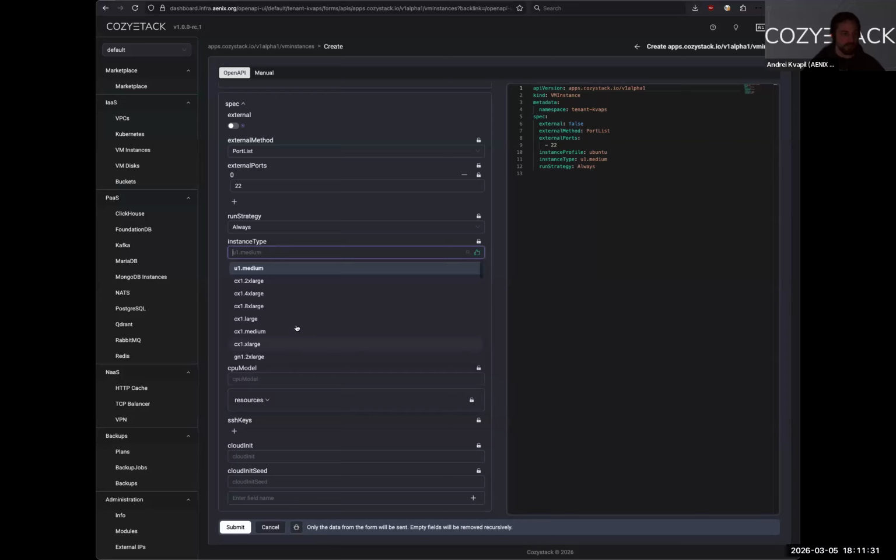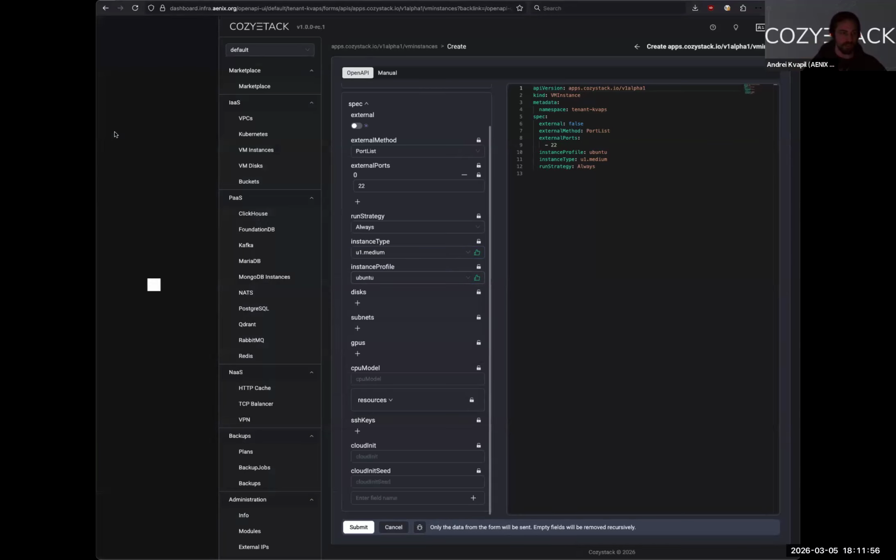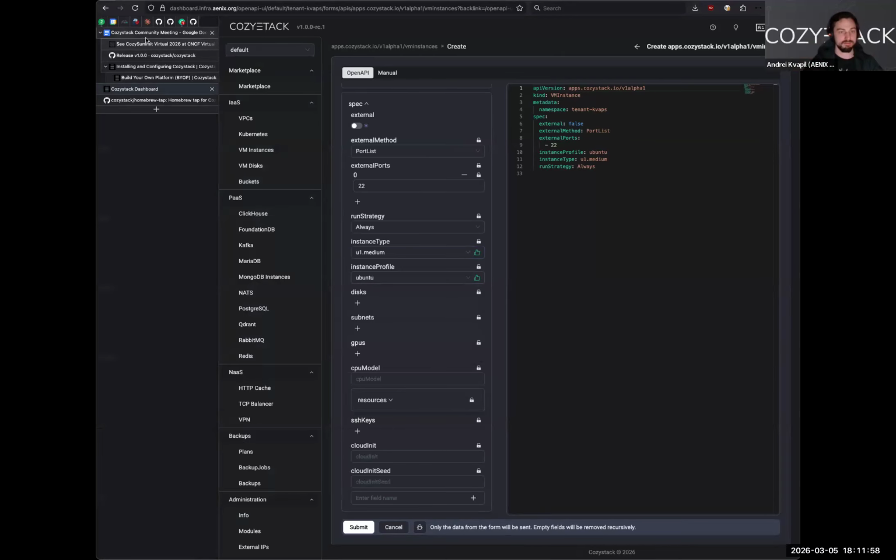Oh, they are here. So now they are automatically loaded from the Kubernetes API and substituted into this drop-down list, where you can just click and choose the specific instance type you want to use. So as an administrator, you can add your own custom instance types, and users will be able to see them and consume them for creating their applications, their virtual machines.